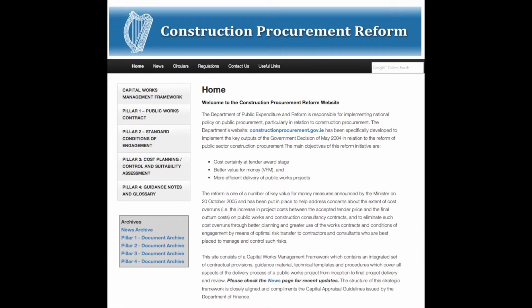Contractors must keep themselves up to date with what's going on the website, because these changes are coming on a monthly basis. It may not always be a change to the contract, it might be a change to the invitation to tender, it might be a change to a model form, it might be a change to the form of tender or schedule, but these changes are coming at a rapid rate.